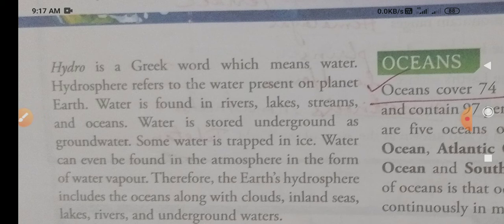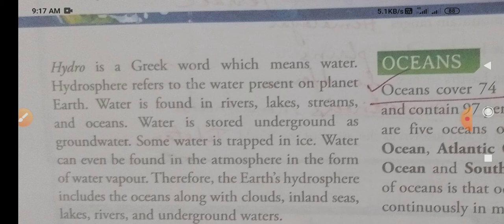So they were very wise people from the beginning. So that's why most of the things on the earth are named after these Greek words. Okay, so Latin and Greek were the important languages in our early days, and those wise and learned people were learning these Greek and Latin words and languages, and they were using that language to write down their knowledge books, etc. Okay, so that's why most of the geographical names come from the Greek language.